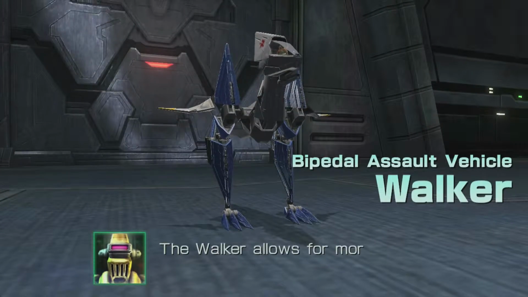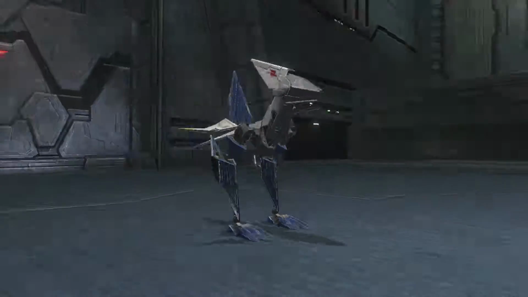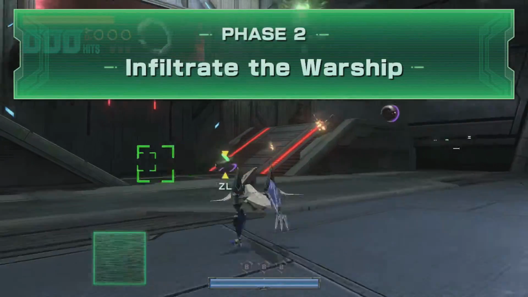The Walker allows for more maneuverability in confined spaces. The Walker works fine, and it's cool that you can switch between it and the R-Wing whenever you want, but my problem is that...